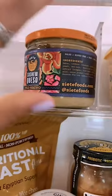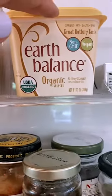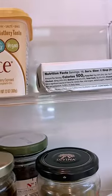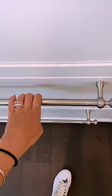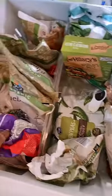And then up here, we've got our Siete cashew queso. Chad loves this with his salsa, and some Earth Balance, and then Chad likes regular butter too, so we keep that in the house. And then down here in our freezer, if you open it up, we have tons of